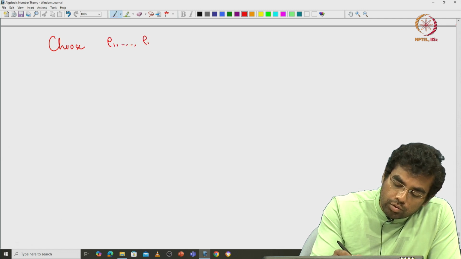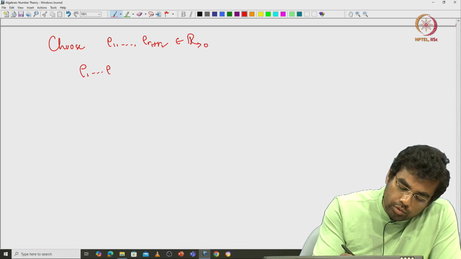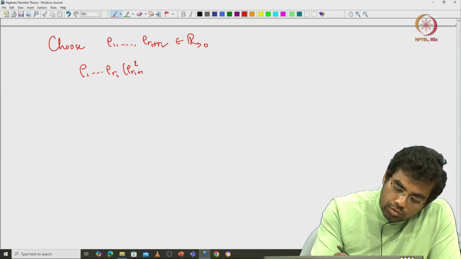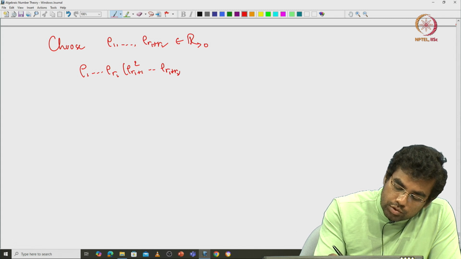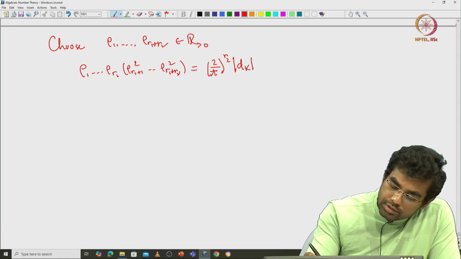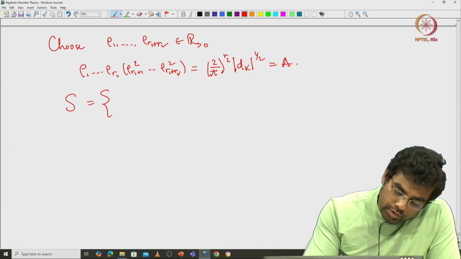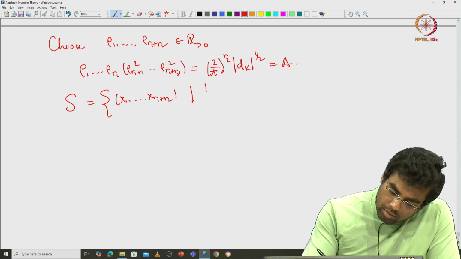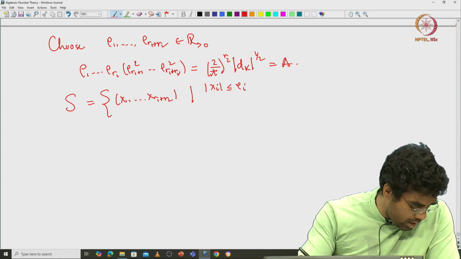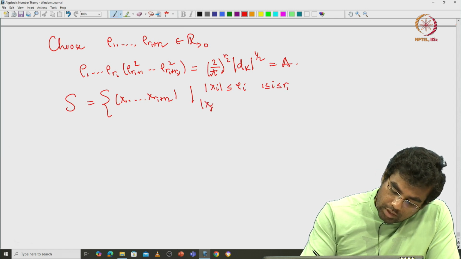rho 1 up to rho r1 plus r2 in the set of positive real numbers, such that rho 1 up to rho r1, times rho r1 plus 1 squared up to rho r1 plus r2 squared, this quantity we called A, has to be (2 over pi) to the r2 times the modulus of the discriminant to the half. Then for S, we chose x1 up to x r1 plus r2 such that mod of x_i is less than or equal to rho i, as usual, and then mod of x_j